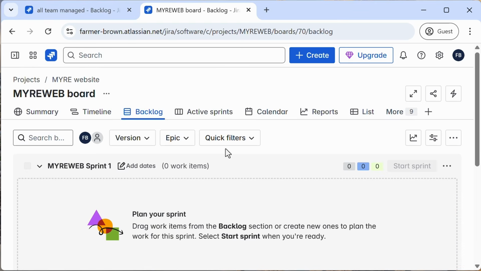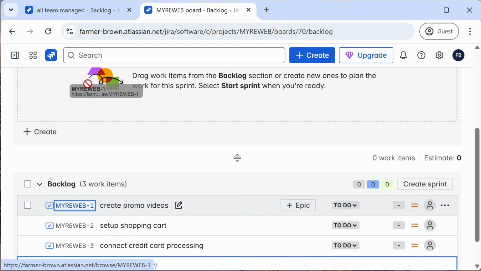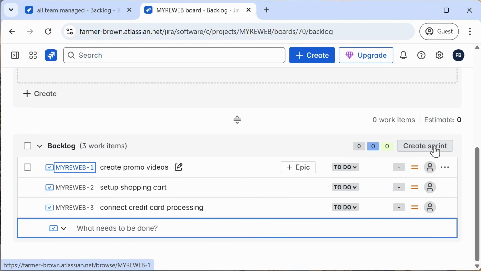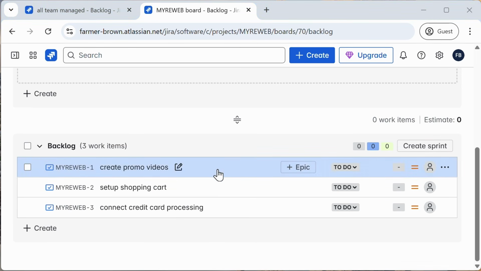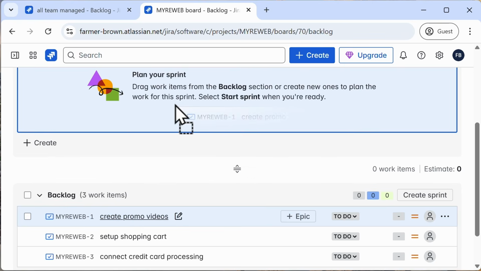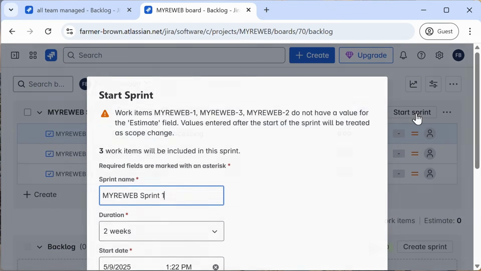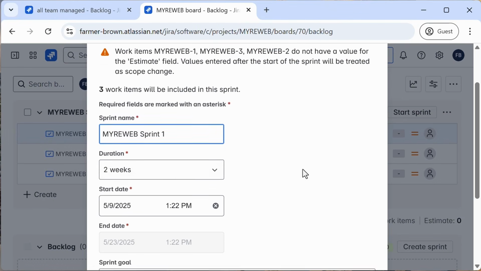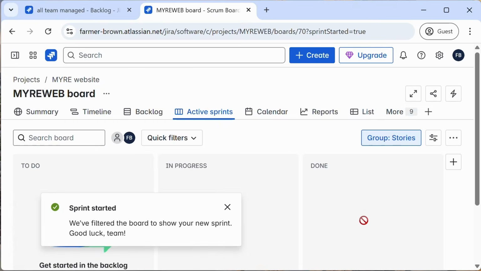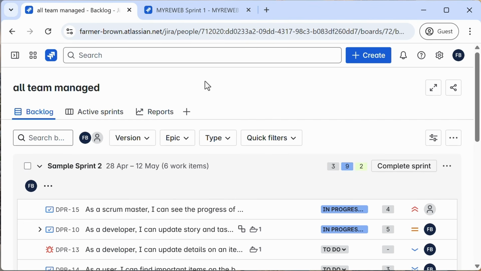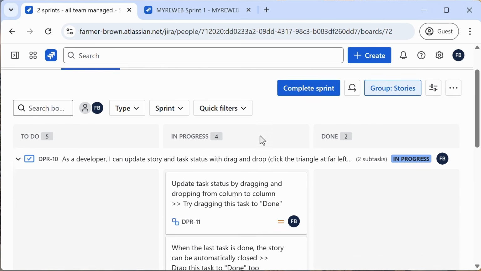Okay, and let's see. I'm sorry, I'm going to create a sprint. Now I can take these 3 items and drag them into my sprint. And I'll go ahead and start this sprint. Sure, 2-week duration. That sounds good. Start it. Now, when I come back to my all team managed Scrum board and look at my active sprint,